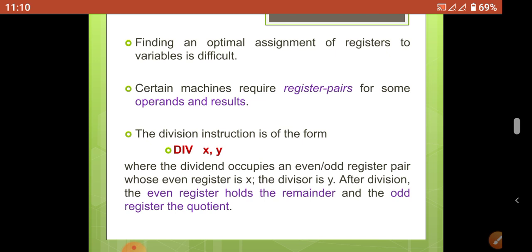So when we are going to perform an operation, we need to check whether a single register or double registers are used to store the values. For addition and subtraction operations, we need a single register. Sometimes multiplication needs two registers, and division also. Every time, the division operation takes two registers, for storing the operands as well as storing the result.